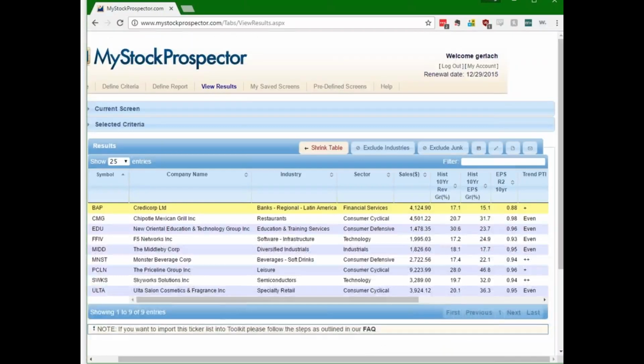And so here are the 9 companies that passed our mid-sized growth stock screen that we just created there. You can see over here on the far right in the trend pre-tax income column that all of these companies have even or better pre-tax profit trends. You'll see a lot of familiar names here. Chipotle,